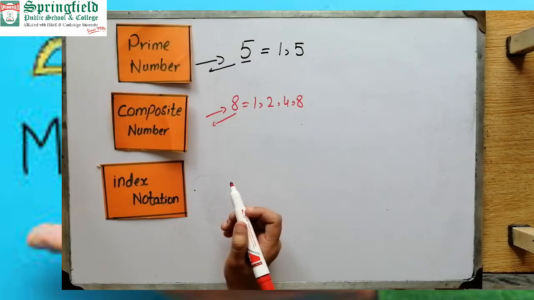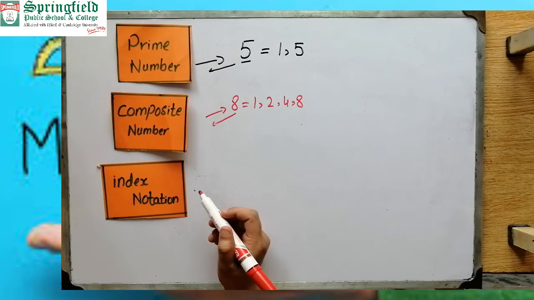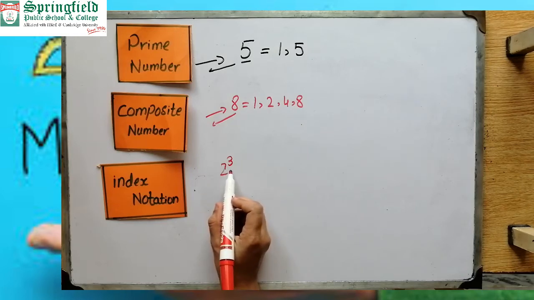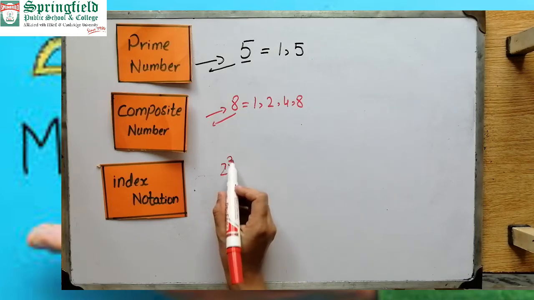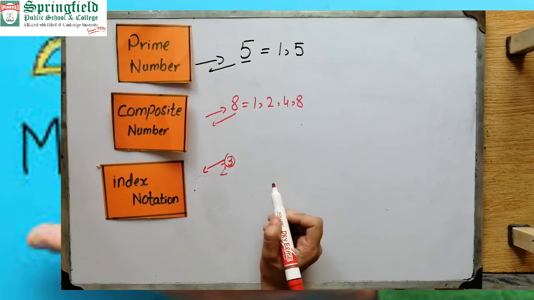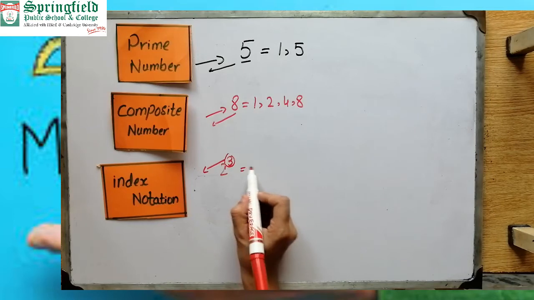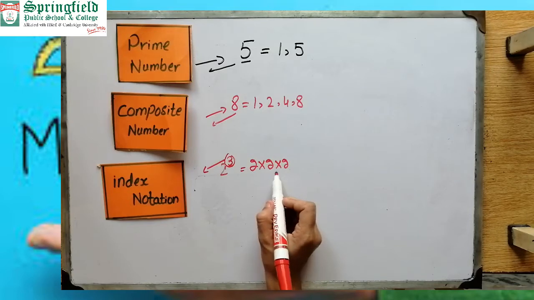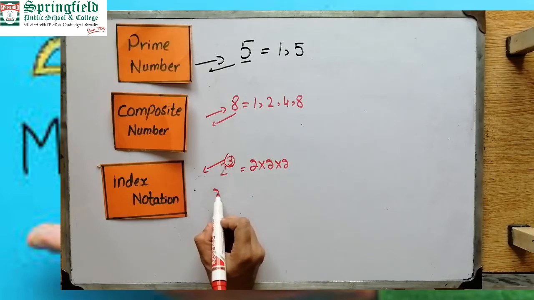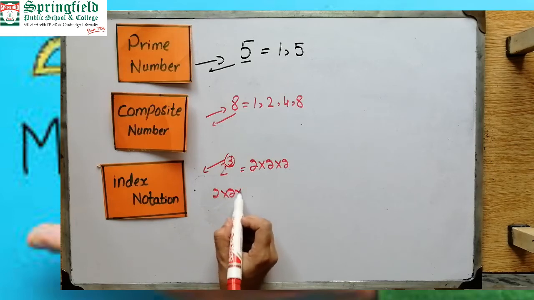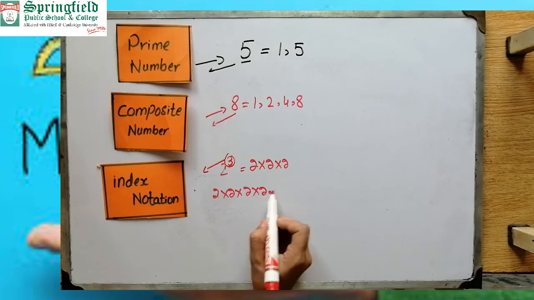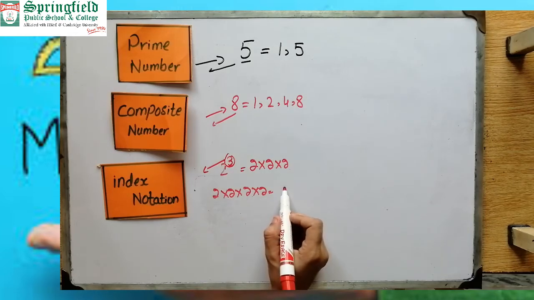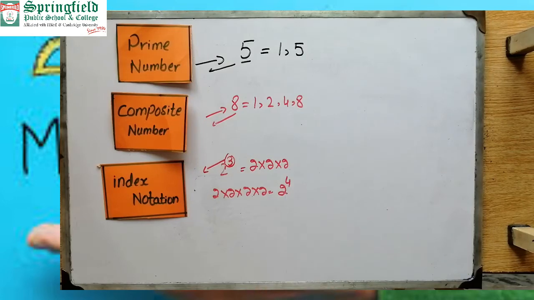Okay, now we already did the index notation. Index means power. The power of any number is called the index notation of that number. Let a number be 2 power 3. It means the index is 3. Power or index have the same meaning. So we can write 2 power 3 as 2 multiply 2 multiply 2, meaning 2, 3 times. And let a number be 2 multiply 2 multiply 2 multiply 2. First we count the number of 2s. How many 2s are here? 1, 2, 3, 4. So we can write it in index notation as 2 power 4.